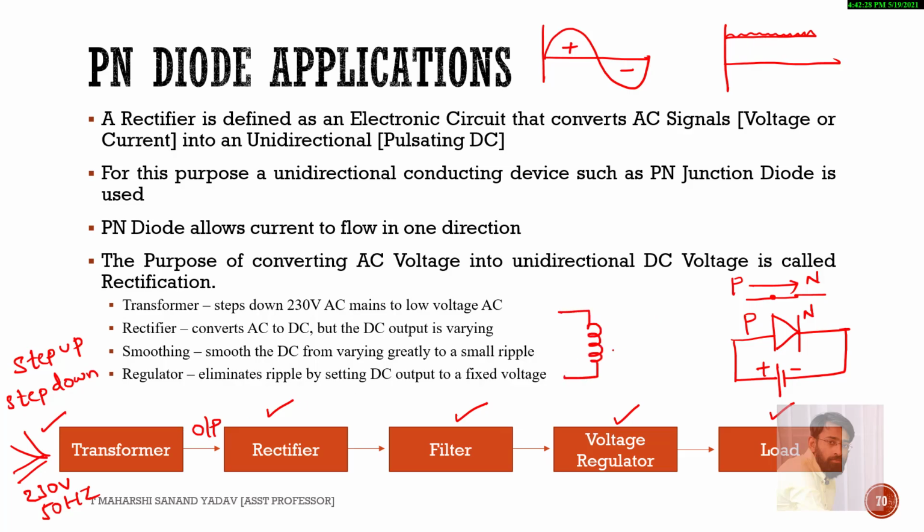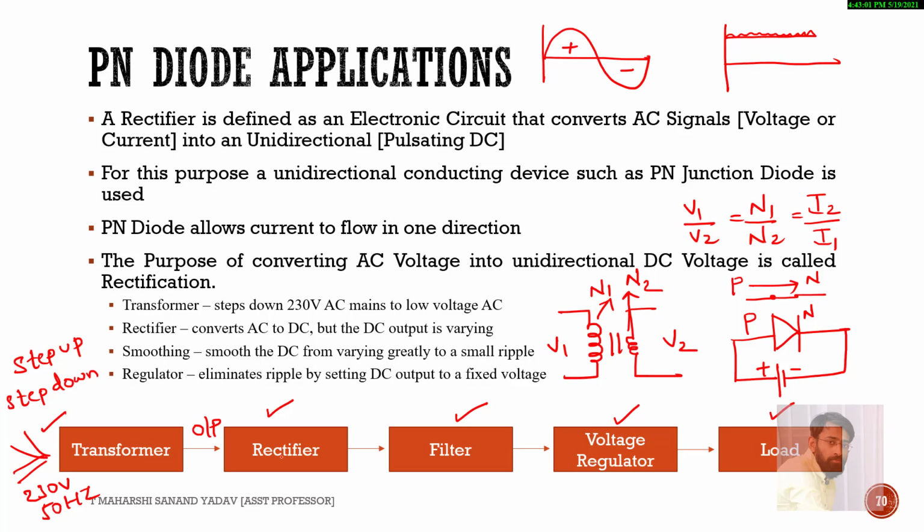See here, this is called a step down transformer and it depends upon the number of turns. Suppose the number of turns in the primary is N1 and in the secondary is N2, and the voltage across the primary winding is V1 and across the secondary is V2. The formula is V1 by V2 is equal to N1 by N2 is equal to I2 by I1. By using this, you can find the voltage present across the secondary winding.